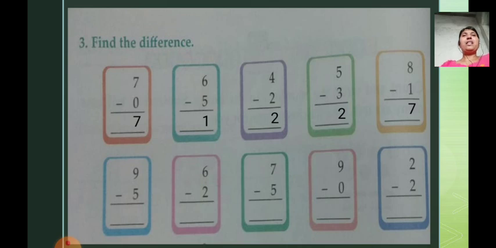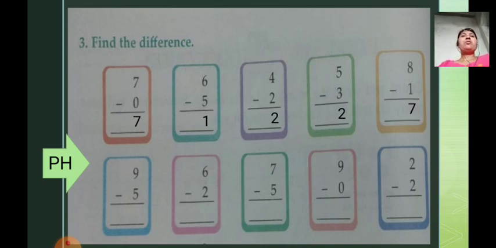So students, do you understand? Yes. How to subtract vertically also. How to count and write the numbers and subtract. How to count, use the method: start from the lower number and count up to the upper number. Yes. Now here are some examples given as your PH. You have to solve these examples as your PH: 9 minus 5, 6 minus 2, 7 minus 5, 9 minus 0 and 2 minus 2. You have to solve this PH in your textbook itself.